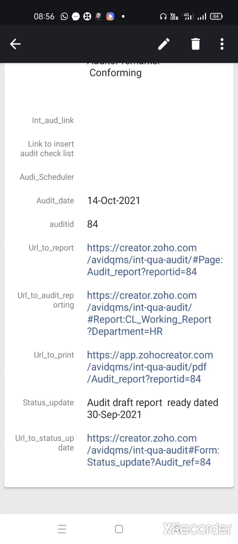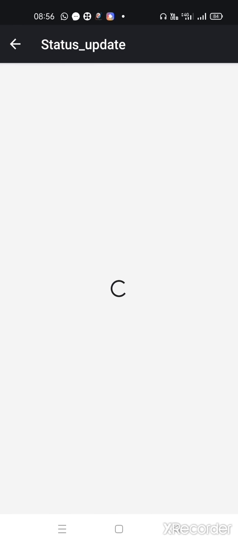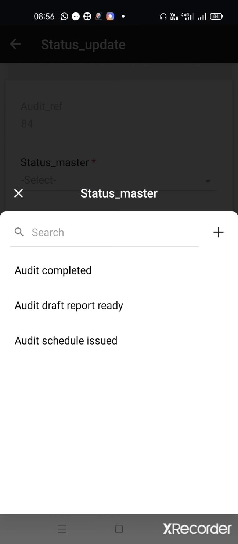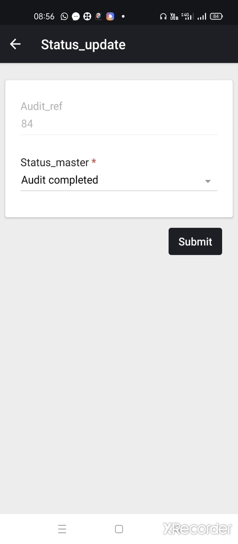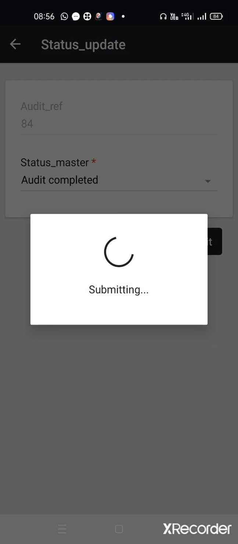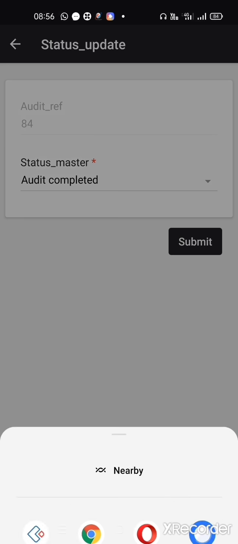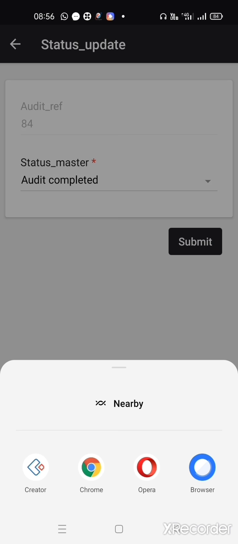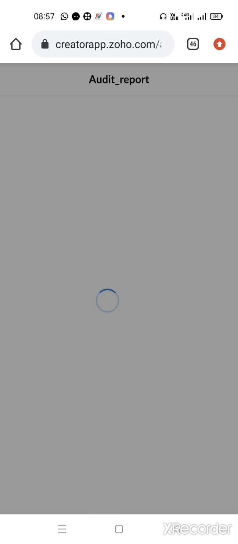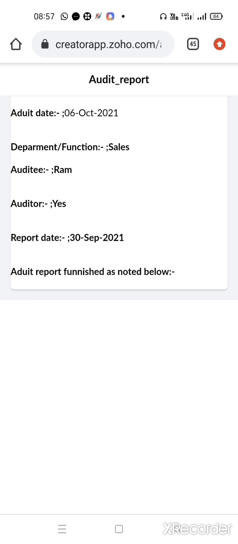Now at present the status is audit draft report issued. Now we have to change the status to audit completed. So you completed all the 10 check sheet items and tell the machine that we completed the audit, submit. Now the system will create a PDF report, which will be automatically downloaded to your machine.